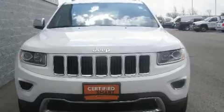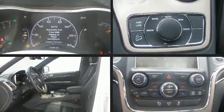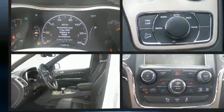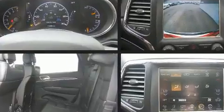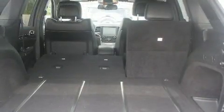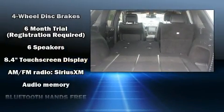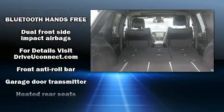All of the following features are included: heated front and rear seats, front fog lights, heated steering wheel, a power liftgate, and cruise control. Features such as automatic climate control and leather upholstery prove that economical transportation does not need to be sparsely equipped. Jeep also prioritized safety and security with features such as dual front impact airbags with occupant